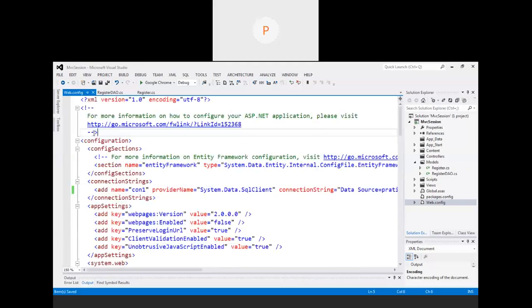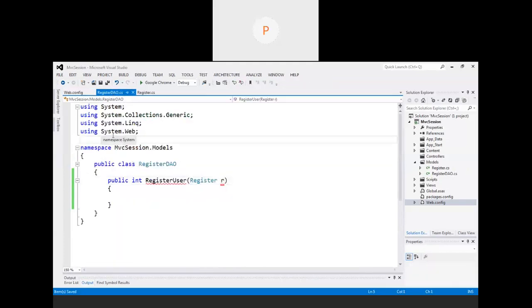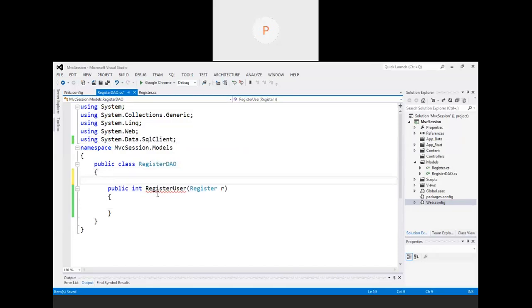Go over here. Import the namespaces required for the same, using System.Data.SqlClient. Create the connection. SqlConnection, its object equal to new SqlConnection, in bracket, ConfigurationManager.